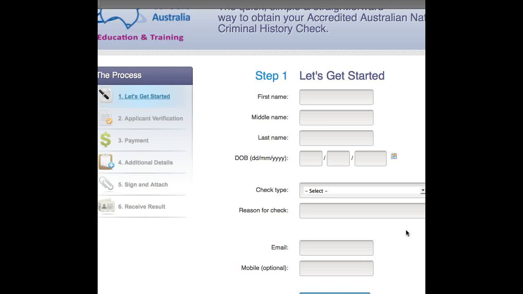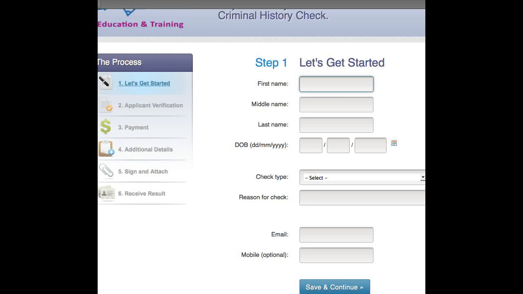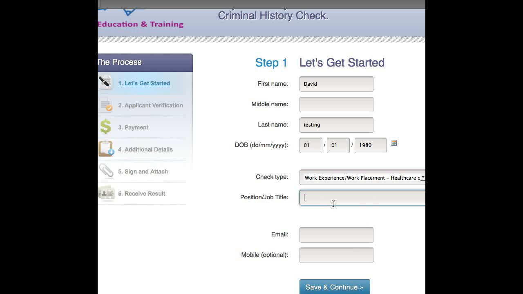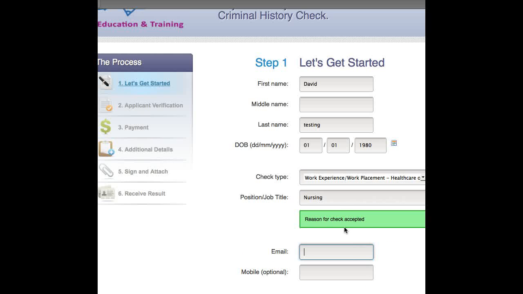For the purposes of this demonstration, I'll just use some dummy data. However, you would obviously enter your information in accordingly. Now, making sure that you select the correct check type, which is in your instance, healthcare and vulnerable groups, work experience, work placement, and a specific job title. There'll be a little verification box explaining if the check position title is not descriptive enough, it will prompt you to change it. So just include your email address in here,